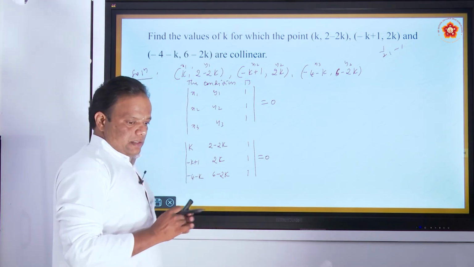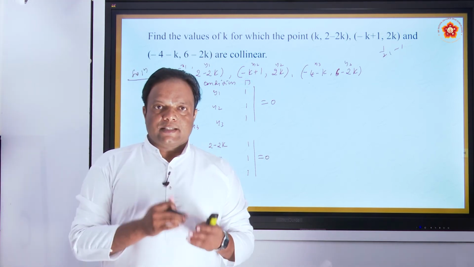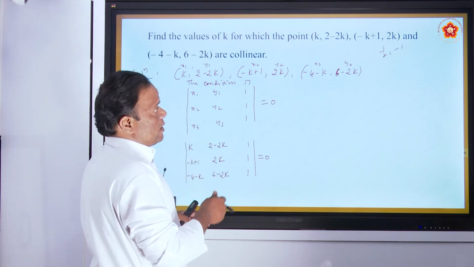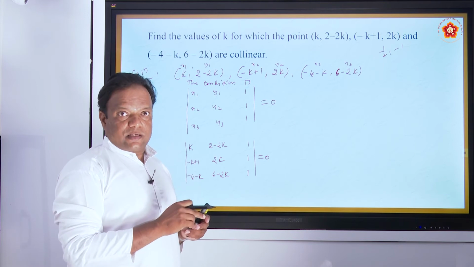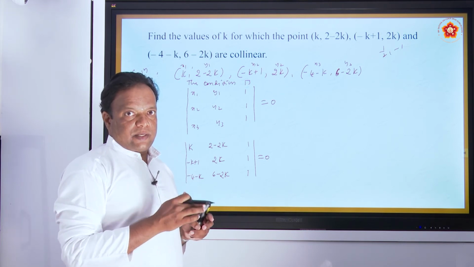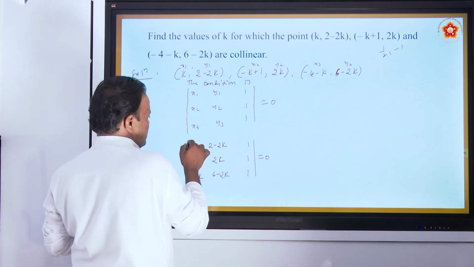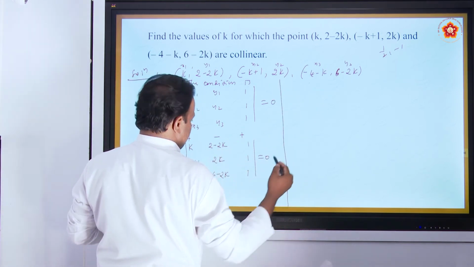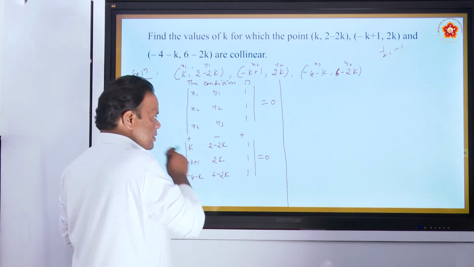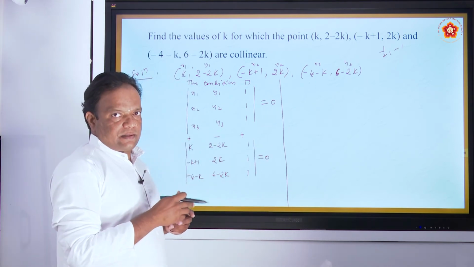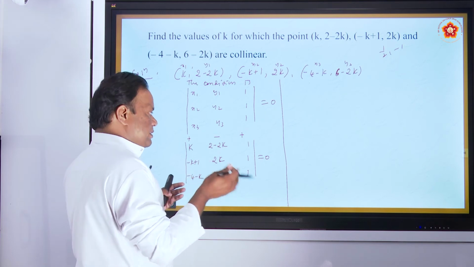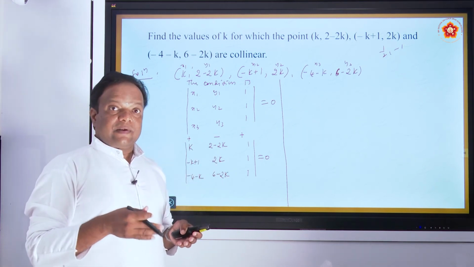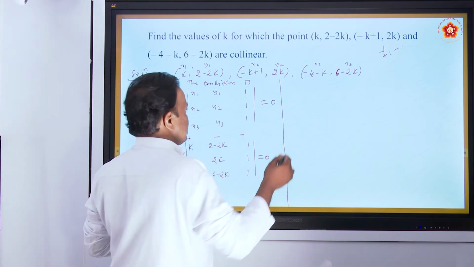Okay, I think this one is a little complicated, because to expand, some terms are given in sum and difference. Be careful when we have to expand. Signs are very important, plus minus plus, when expanding these determinants. How can you expand the determinants? Expand along the first row every time. You can expand along any row or column, first, second, or third, and you will get the same answer. But I expand along the first row.